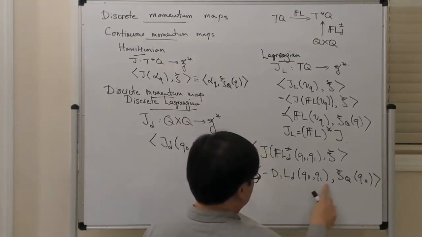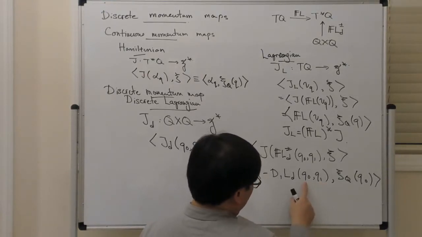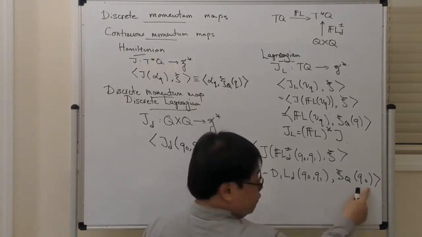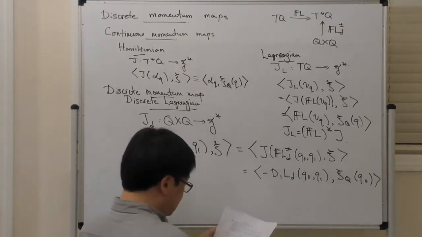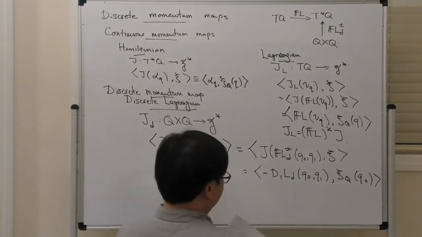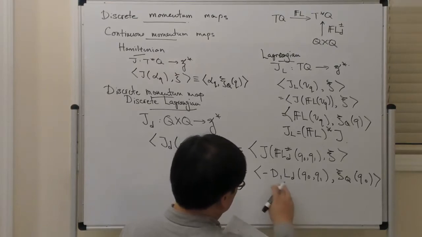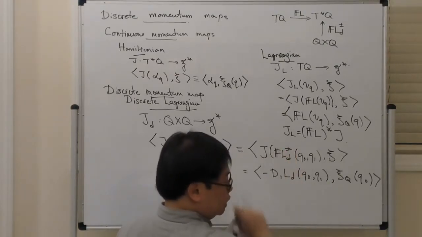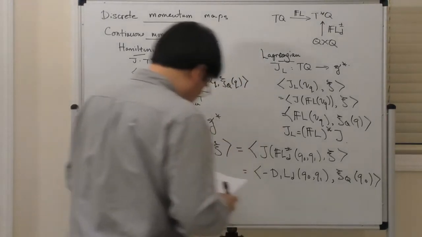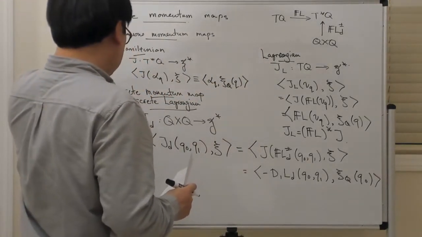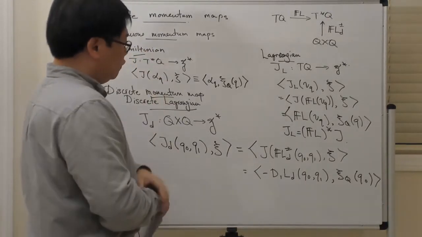And that's because, of course, this momentum has an interpretation of being a covector at the point Q0, so it has to be paired with a vector at the point Q0. Or you could equivalently write this in terms of D1LD, depending on which of the discrete fiber derivatives you've chosen. Okay, so that's this idea of a discrete momentum map,